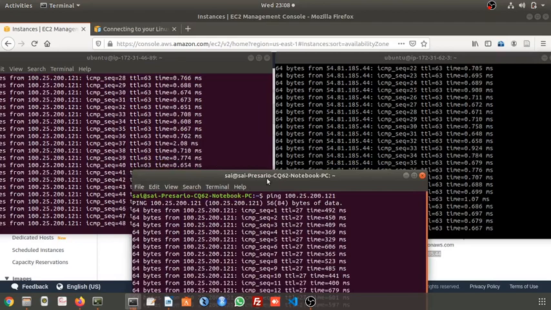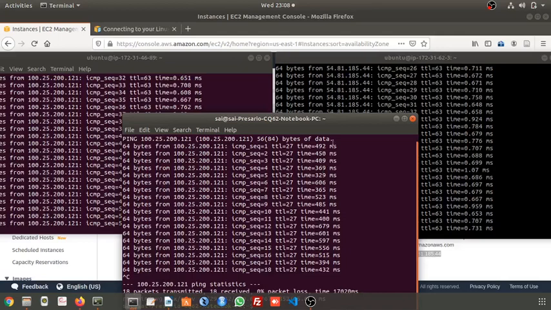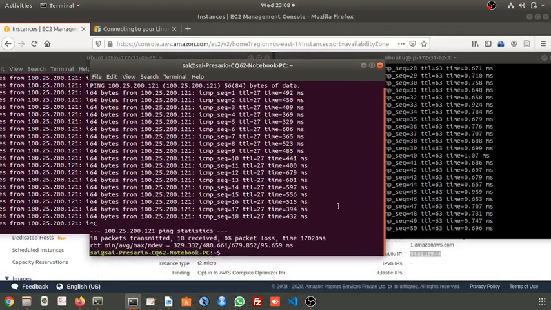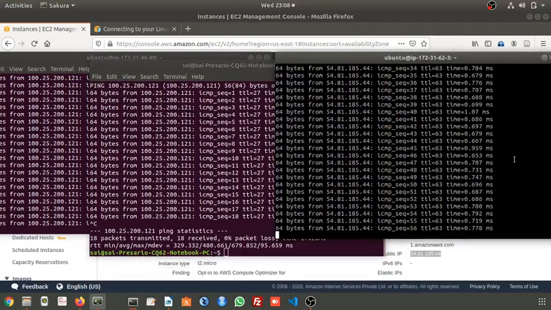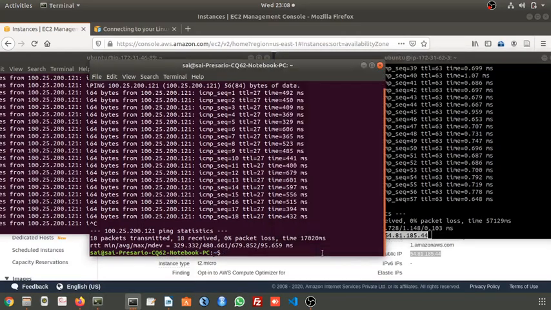Similarly, Control C. What is the IP address of this? 54 something is there, right? I have stopped it. Control C. Ping.